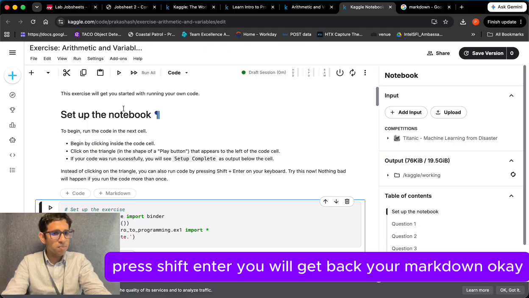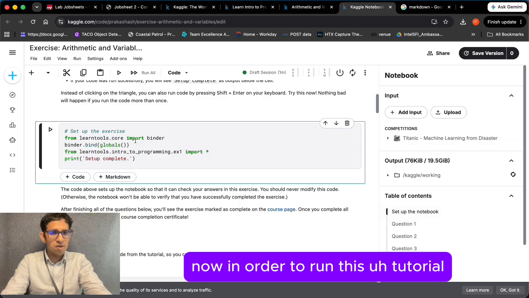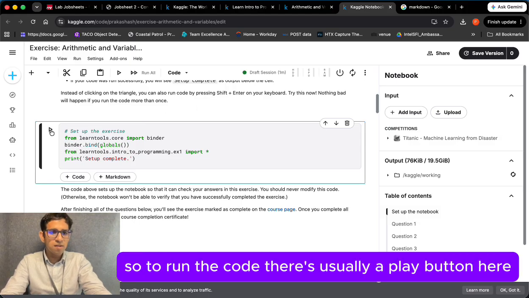You will get back your Markdown. Okay. So now there's a Markdown here. Then there's code here. Now, in order to run this tutorial, they'll always ask you to set up the Learn Tools lah. So to run the code,